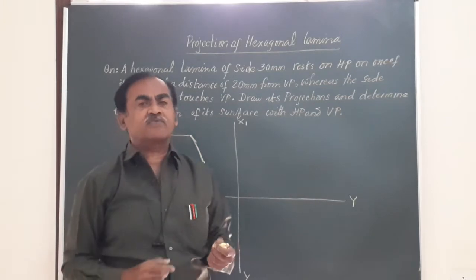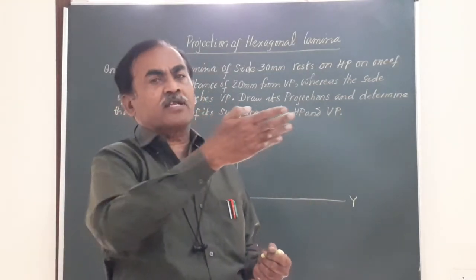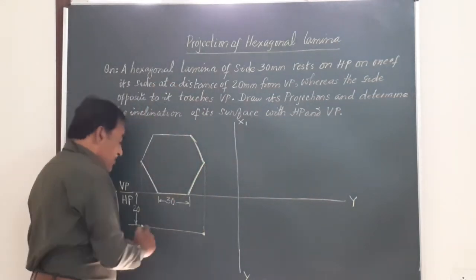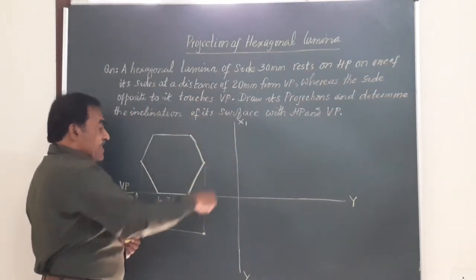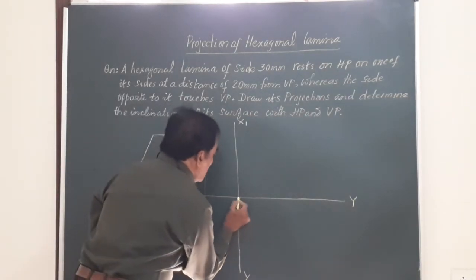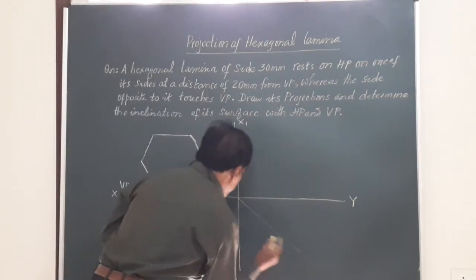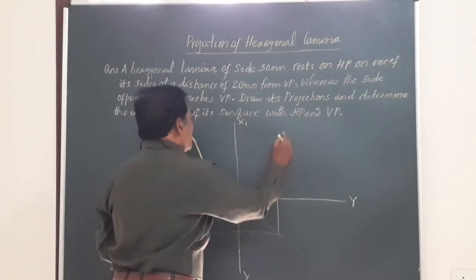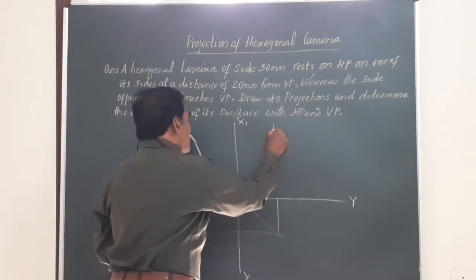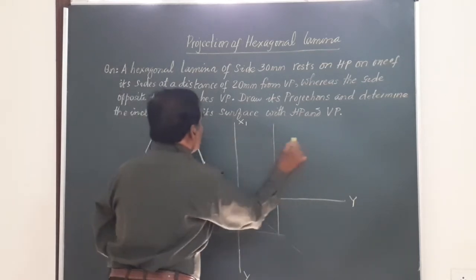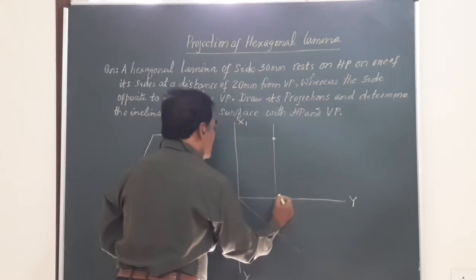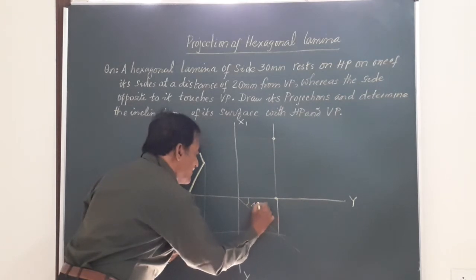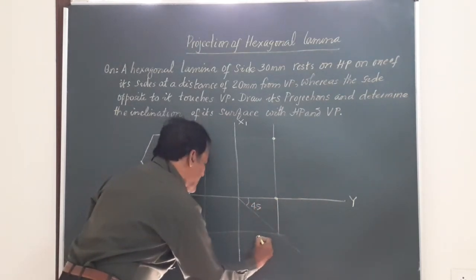I told you in the beginning of the session, the distance of the lamina from VP, that is from the wall, can be seen in the top view. That is, you are getting a line here, and in the end view. So how to get that? Friends, at this junction, draw a 45-degree line, and you know how to get the side view of this. So friends, this is going to be the side view of the lamina. So this will give you the side view. And what will be this distance? Since this is at 45 degrees to XY, this is also going to be 20 mm.